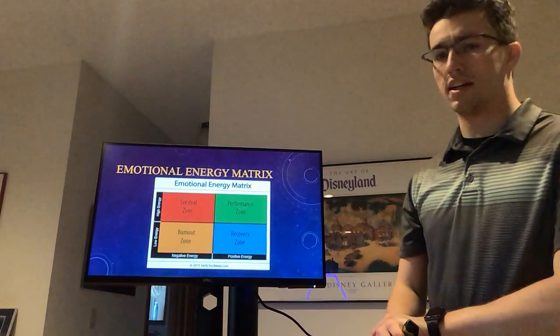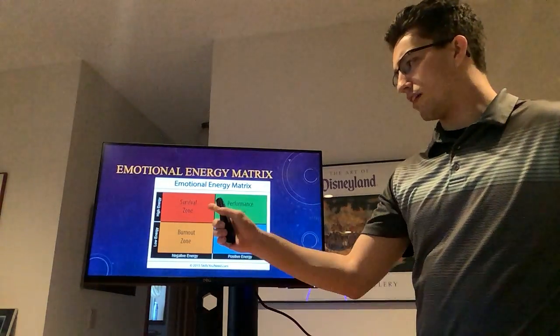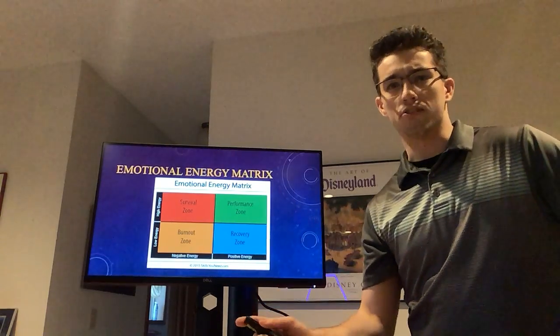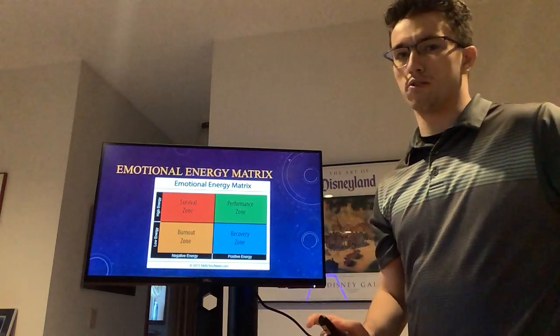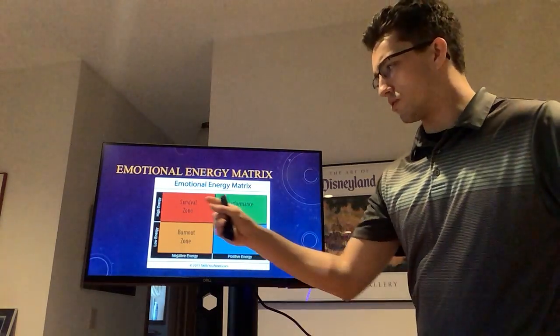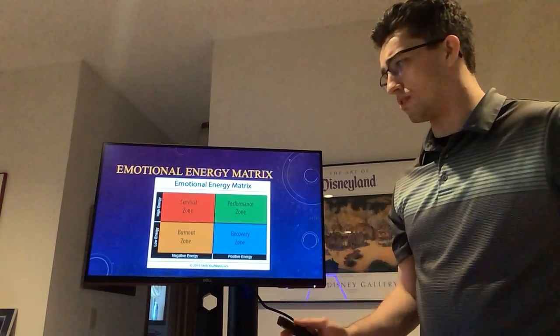Now we have our emotional energy matrix. We have 4 main quadrants that I want to discuss. Our survival zone, which is a high energy situation, but the energy is negative because you are scared. This is the flight or fight response. You have a lot of energy, but it's not going to last long. So you won't stay in this quadrant for a very long amount of time, but it's very important to react